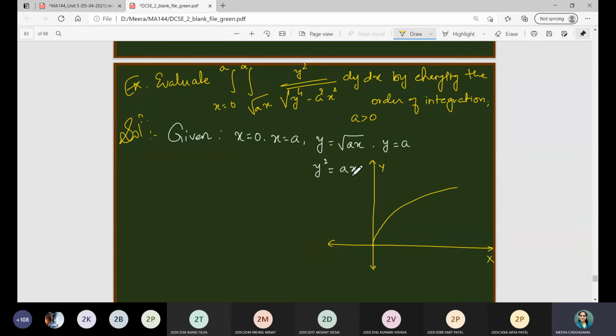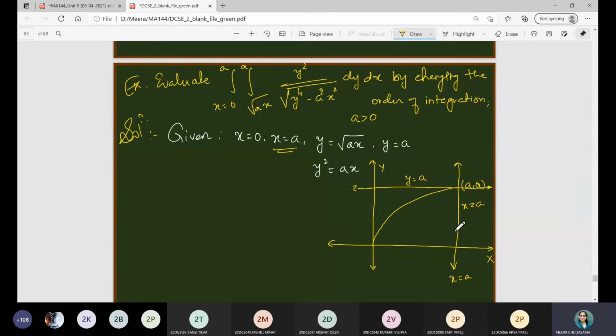Right? So intersection point, suppose I consider this line as x is equal to a, where a is any point greater than 0. Then when I consider x is equal to a, y value will be plus or minus a. So since we are concerned about just the first quadrant, the intersection point will be a comma a, right? And y is equal to a means it will be this line.